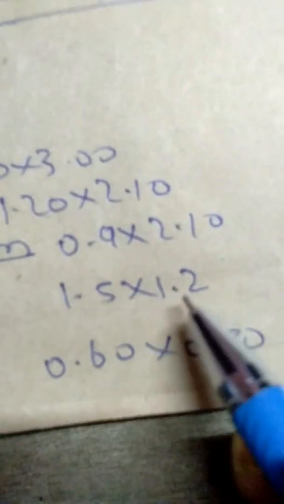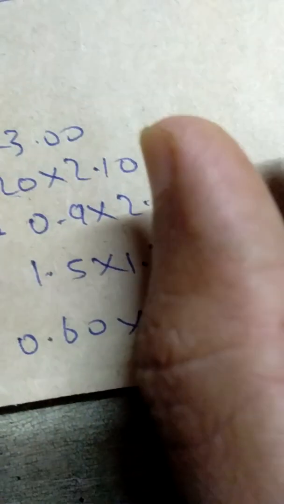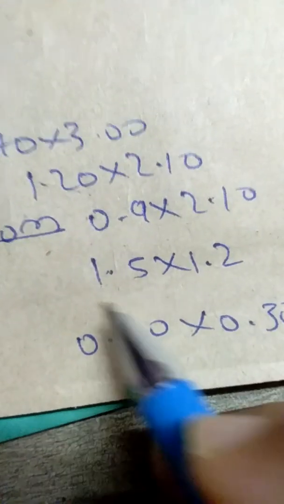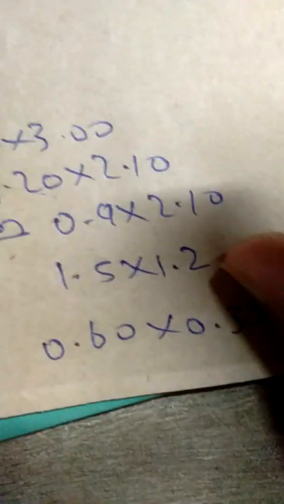Similarly here also, I guess let us see in the section, 1.5 meter is the height, okay, height of the window, and 1.2 meter is the width of the window, okay. 1.5 meter height of the window, 1.2 meter width of the window. To be frank, actually the first number should be written in the width format, the second number should be written in the height format, but here they have taken reverse, okay. Let us not get confused with that. So let us see the plan now.